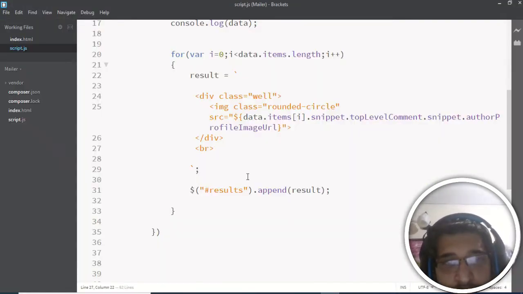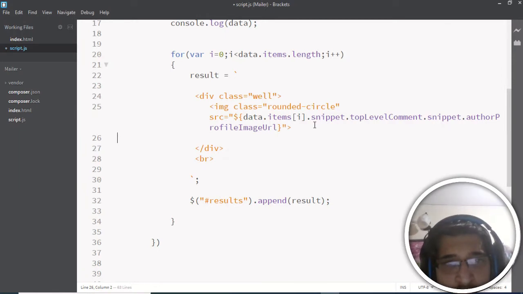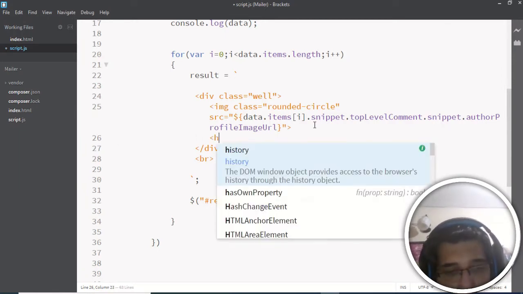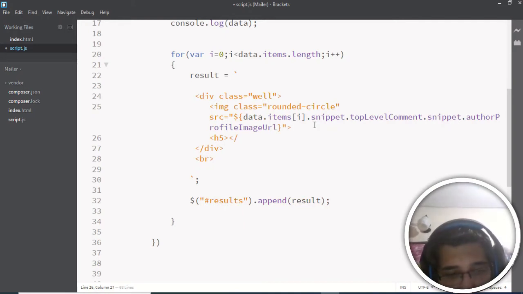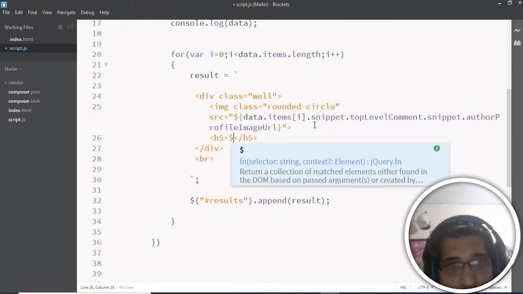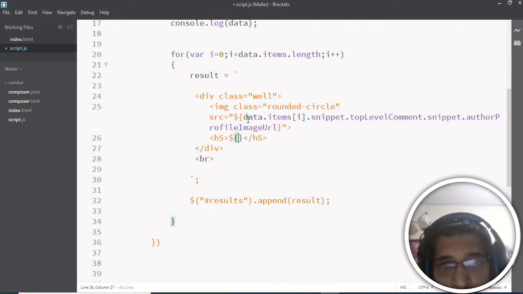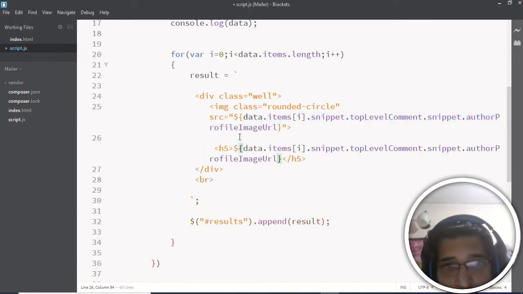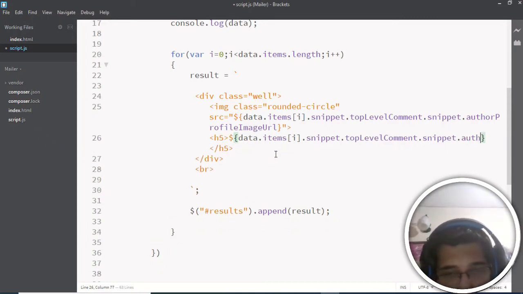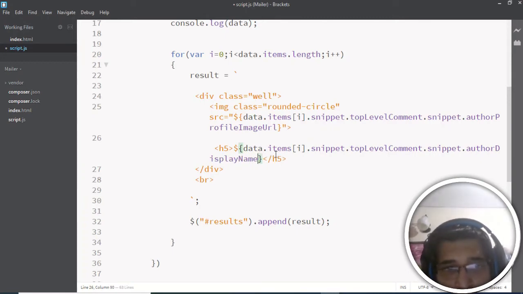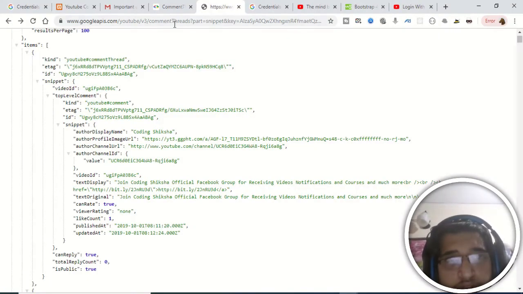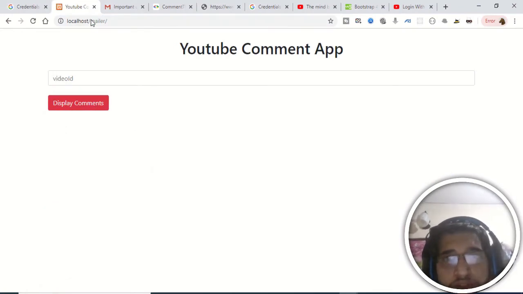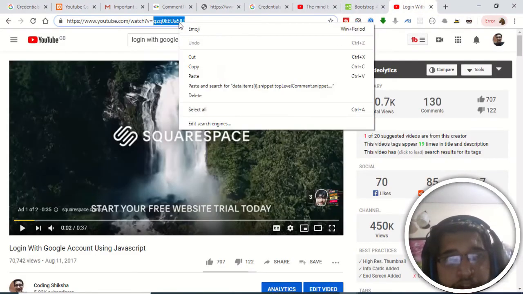So now we will be using an h5 heading here. So just after the image we will be having an h5. So inside this h5 we will be dynamically displaying it. I will just copy this and paste it. So this I will change to author display name. If I save the changes and again go back to the application, if I just copy the video ID,